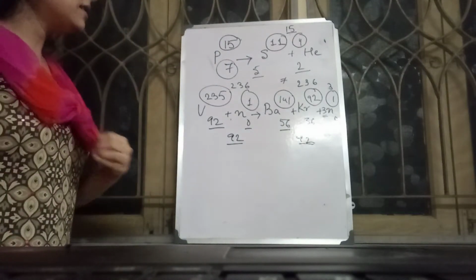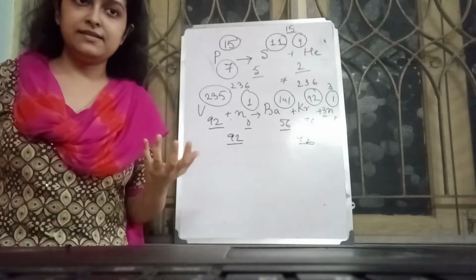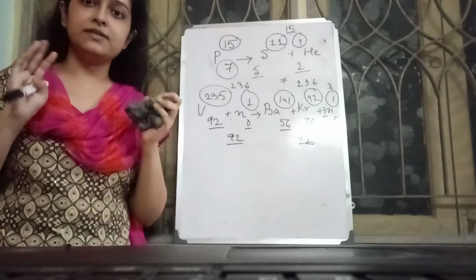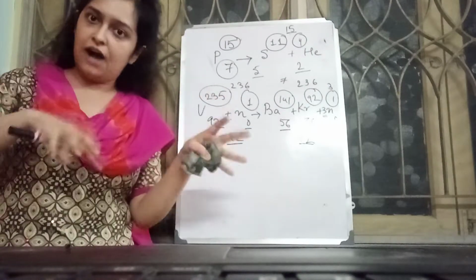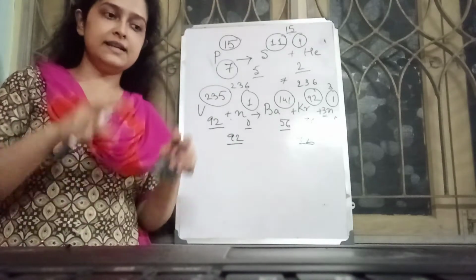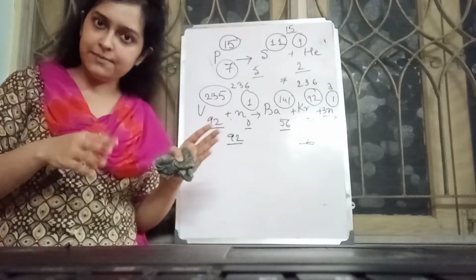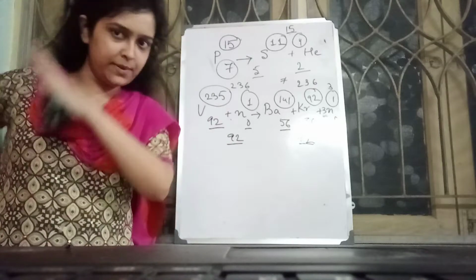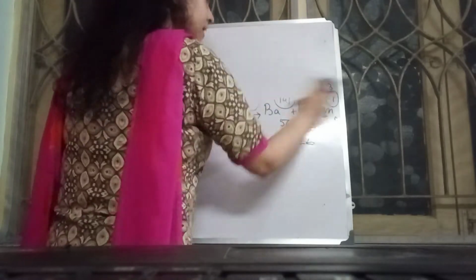Have you noticed? This is a very important point, because you get certain questions in radioactivity. I'll show you what type of questions. You need to know this concept that the total mass number before the reaction remains conserved after the reaction also, and the total atomic number as well. The sum of the total mass number of all the reactants equals the total mass number of all the products, and the total atomic number of all the reactants equals the total atomic number of all the products. Now, why I have mentioned this, we will need it.